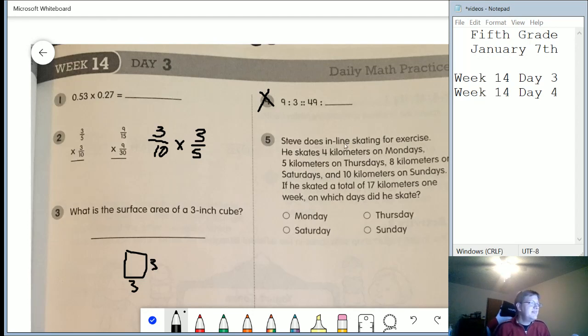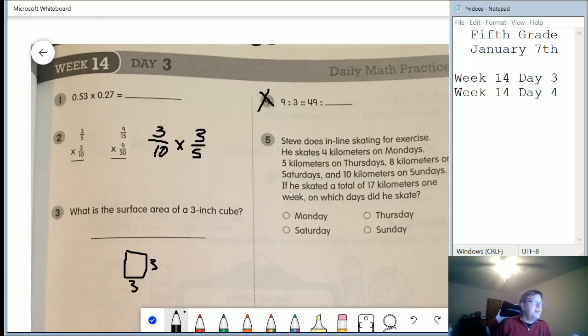Number 5, Steve does inline skating for exercise. He skates 4 kilometers on Monday, 5 on Thursdays, 8 on Saturdays, 10 on Sundays. If he skated a total of 17 kilometers in 1 week. Oh, okay. So,